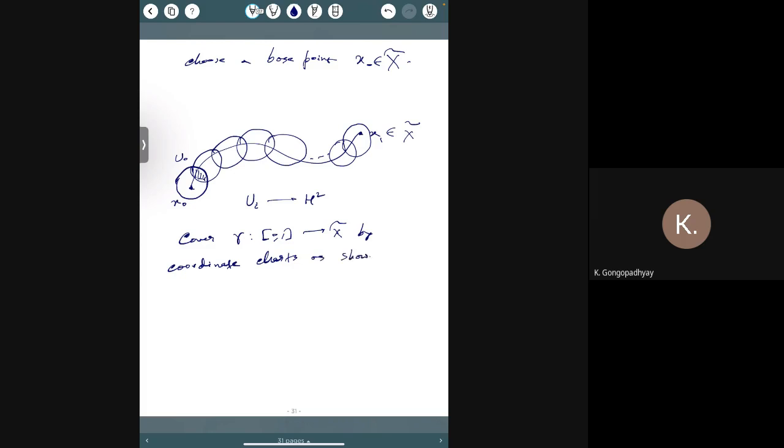As shown in the picture. Okay. Now you see this is a connected space. All right. So what you can do, you can define that, so you call it u0, you call it u1. Okay, so note that